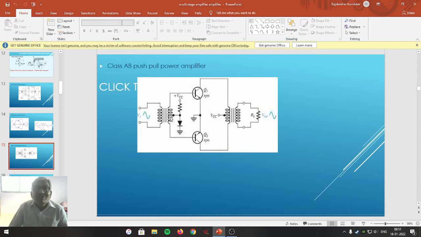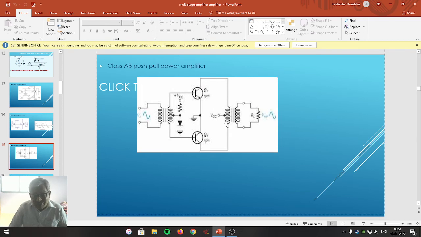But when the polarity of the input is reversed, naturally the DC bias provided to the base will turn on the transistor Q2 immediately, even though the input signal doesn't rise to 0.3 volt or 0.6 volt, and it will start conducting current. Meanwhile, the input rises above that particular input voltage by reversing its polarity, so that Q2 will be forward biased and Q1 is reverse biased. As soon as Q1 is turned off, Q2 will be turned on, and it will allow collector current to pass through the lower half of the primary winding of the output transformer.